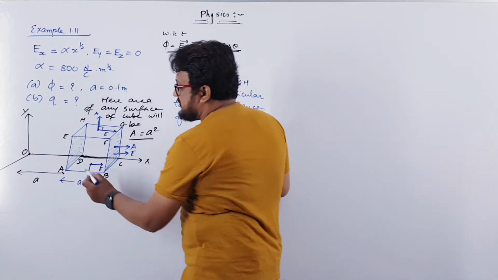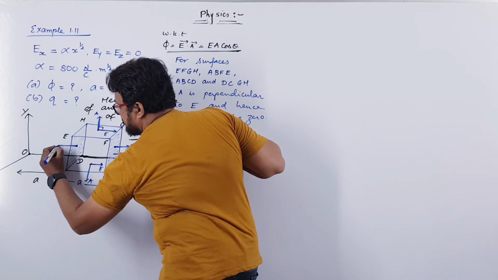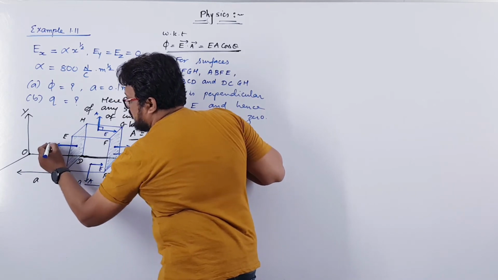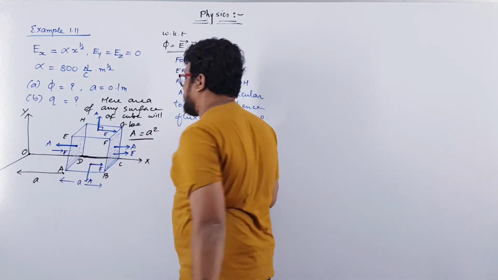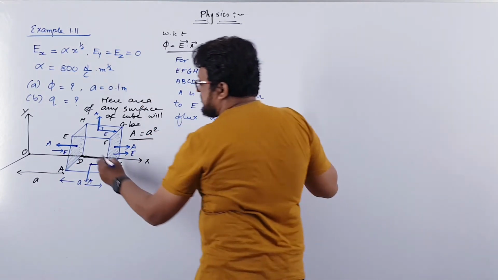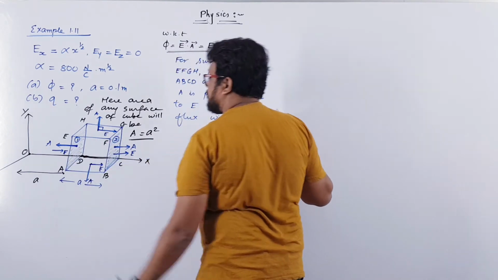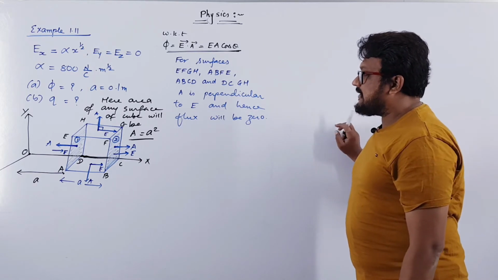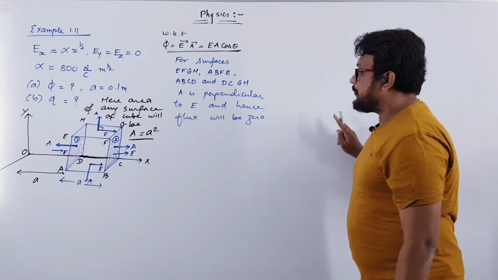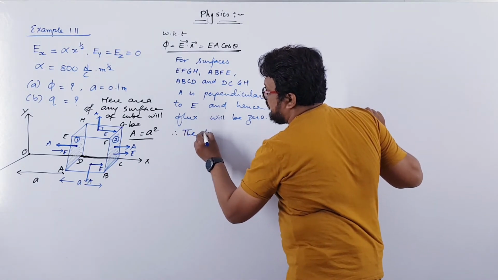And for surface ADHE, the area will be in this direction, right? Why? The electric field will be in this direction, so both are in opposite direction. Let us give surface ADHE as surface 1 and BCGF as surface 2. Therefore, the total flux